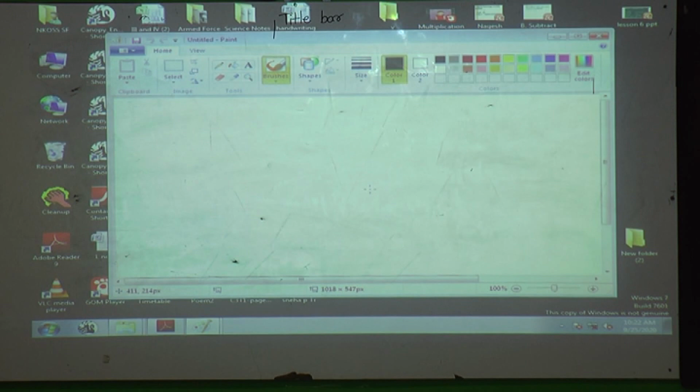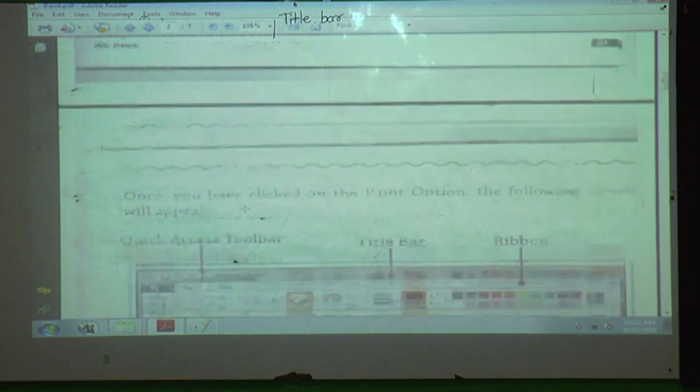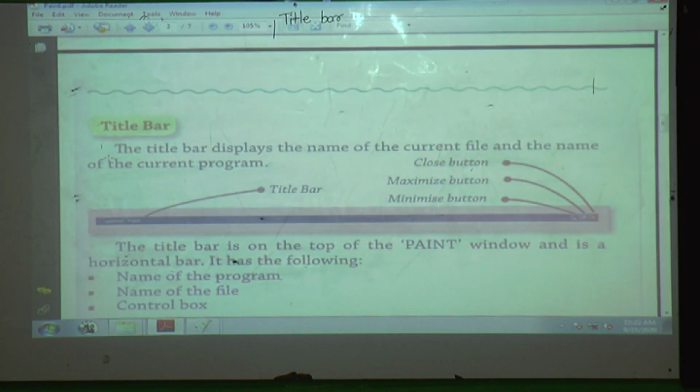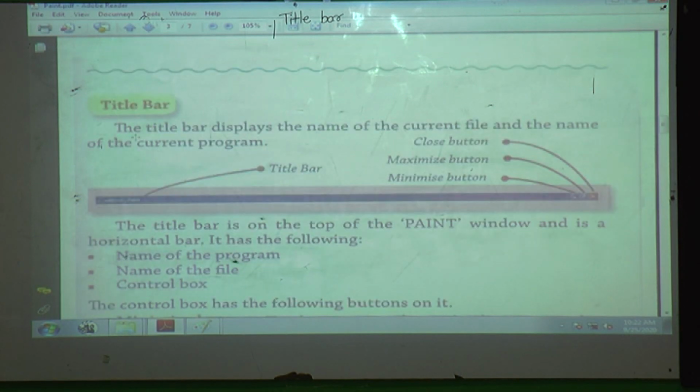Now what is the use of the title bar? The first part of the Paint window is the title bar. The title bar displays the name of the current file and the name of the current program.